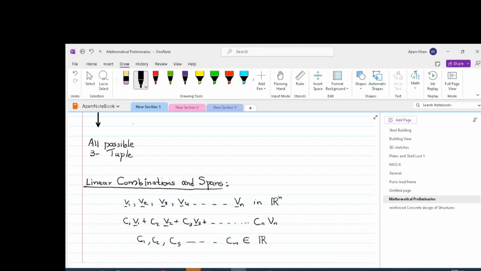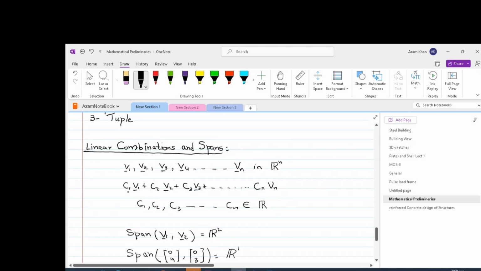with a scaling factor. So imagine we have vectors v1, v2, v3 up to vn in a real space of n dimension. A linear combination would be c1 v1 plus c2 v2 plus c3 v3 up till cn vn, where c1, c2, c3 up to cn are members of the real set. Or in other words, c1, c2, c3 up to cn are all real. The combination of vectors gives us another vector. So if we add all these vectors, which belong to Rn space, we will get another vector which also belongs